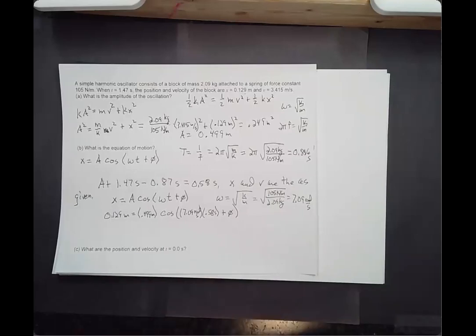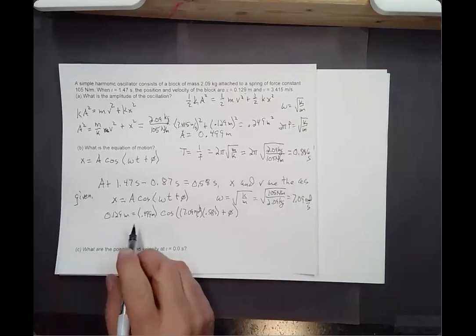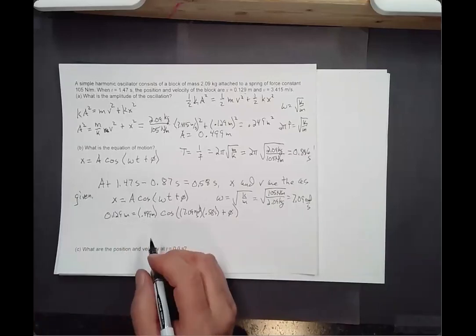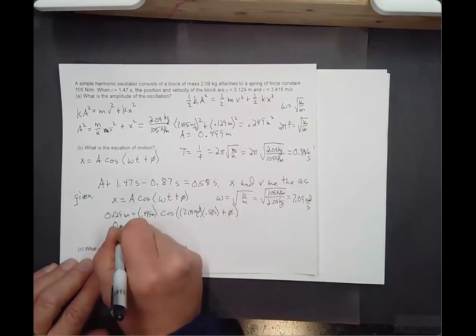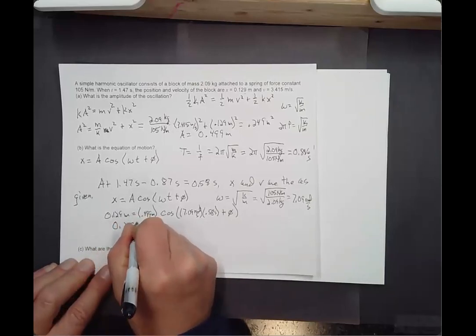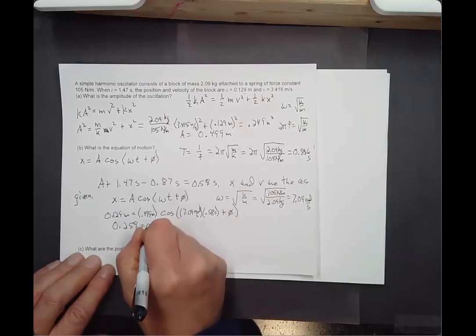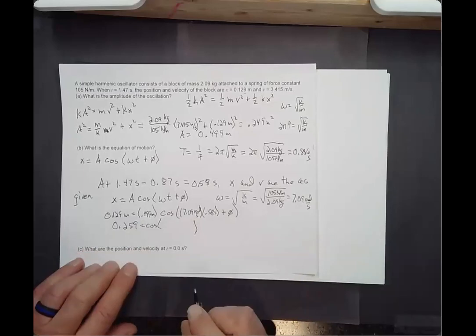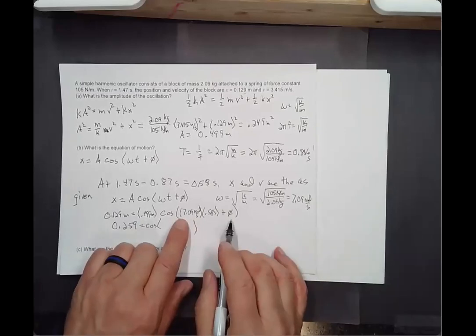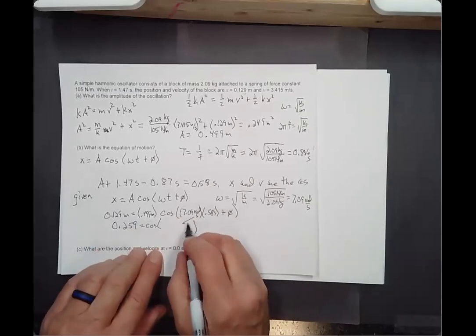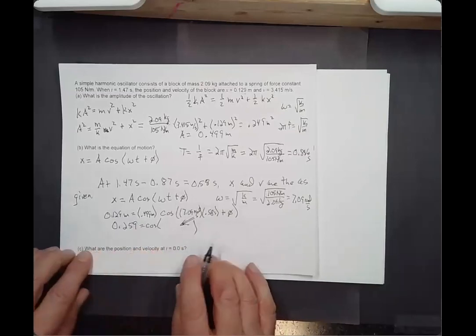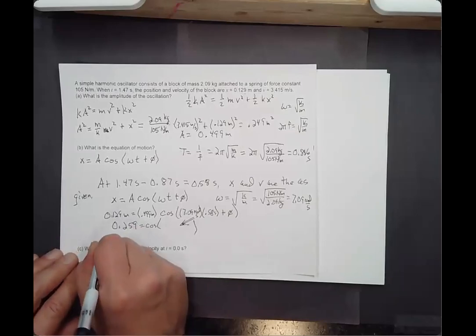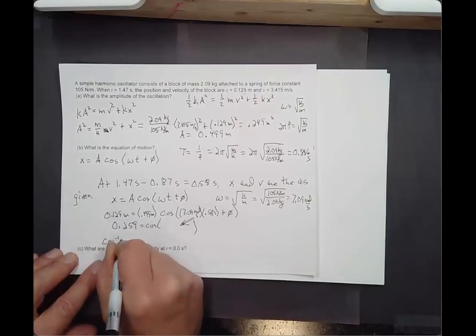Lots of complications on these things. I can keep 3 sig figs so far. 0.259 equals the cosine of this stuff, which I'm not going to bother to rewrite. It's exactly that, so stick it down in there. Anyway, take the inverse cosine of both sides. The cosine to the -1 of